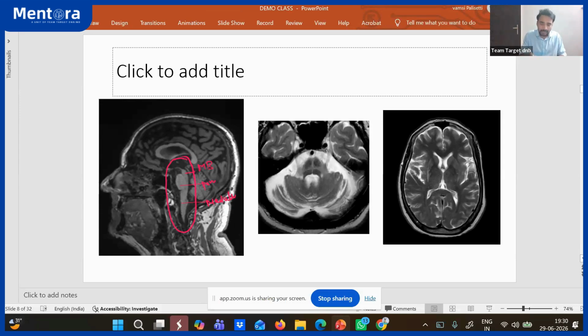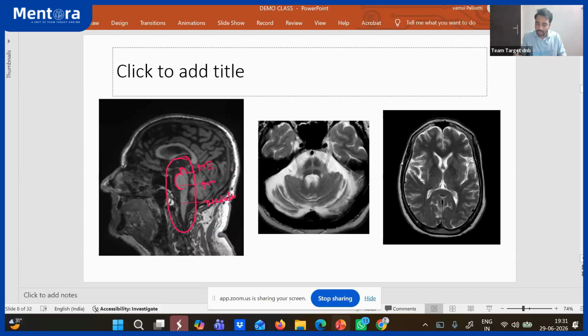When you see, the midbrain is very much atrophied, very much thin, right? So when compared to the pons, this entire part is the pons, and the midbrain is very much thin. This way it looks like a hummingbird, the hummingbird sign. Right? So midbrain atrophy is more than the pontine atrophy. So you will see the midbrain is very small, and that is what is called the hummingbird sign. I'll just draw the image. This is your midbrain, but this entire part is the pons. So it's called the hummingbird sign. I think everyone can appreciate, right?